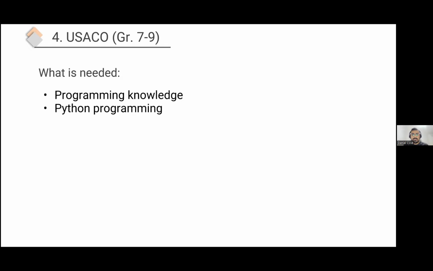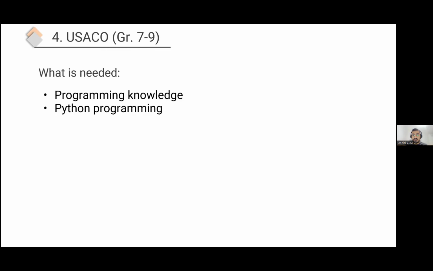So what do you need for this class? You need programming knowledge. We're not going to teach programming in this class. You need Python programming also. We're not going to teach Python programming in this class either, so it will be only a little review for them. But these are the prerequisites for this class.